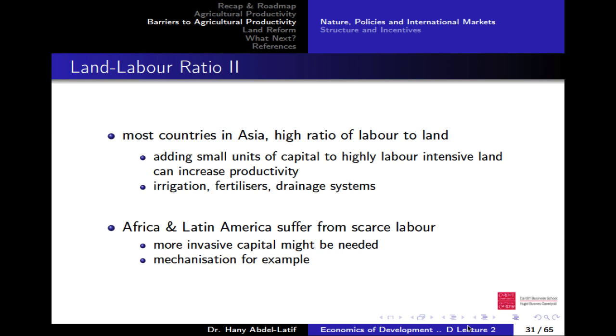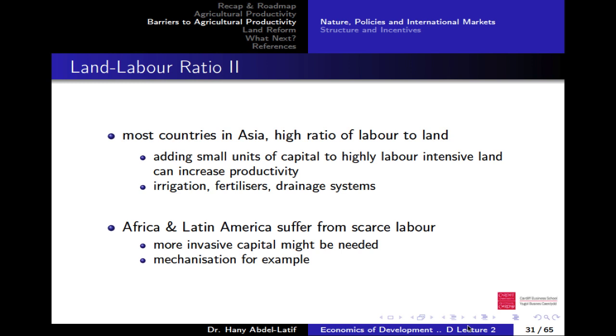So we started with two points. We talked about geographical reasons. Some lands are simply not good to farm, but this doesn't explain why productivity is low, because, as I said, we find poor people around rivers. So very good lands, but there are still poor people. Productivity is still low.